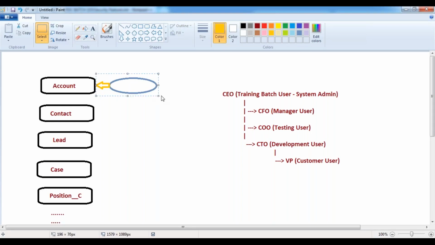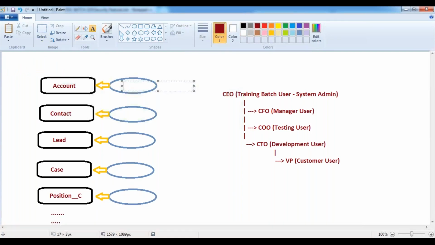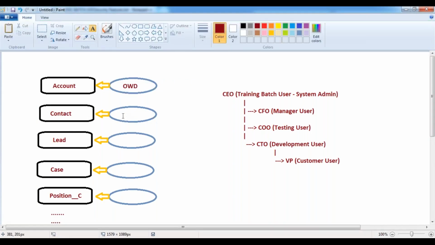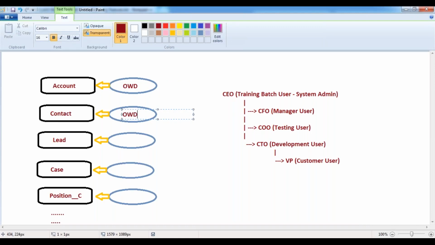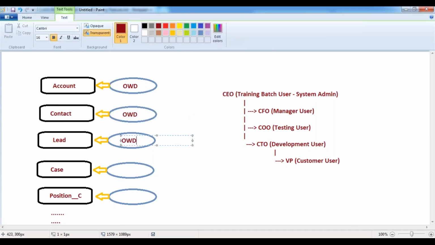We'll see what OWD options are available over here. Which OWD option you want to indicate, we can decide. That facility is available to you. For each and every object, we can assign the OWD.